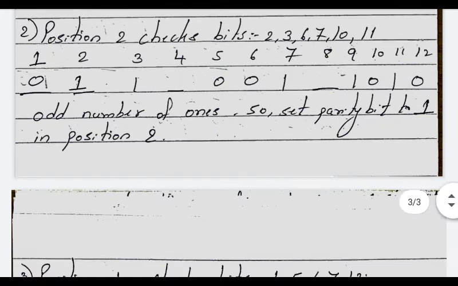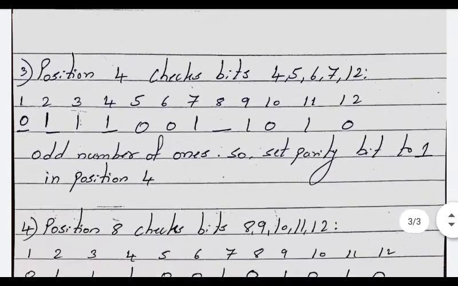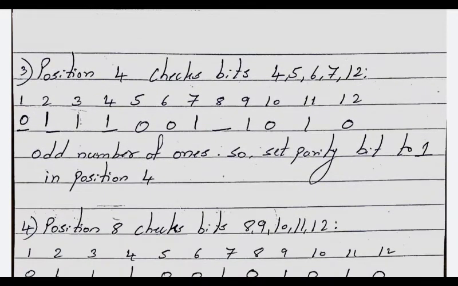Okay, so for that, what are all the bits you have to check? For 4 bits, starting from position 4, you check 4 continuous bits, then skip 4 bits and check the next 4 bits. So 4, 5, 6, 7. Leave the remaining, that is 8, 9, 10 and 11. Next from 12, you only have the 12th bit, so you check 4, 5, 6, 7 and the 12th bit.